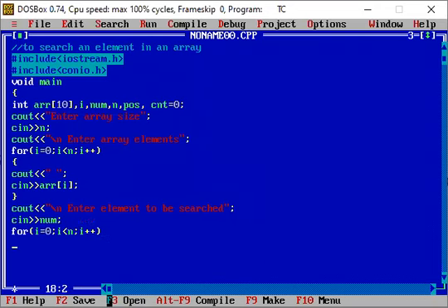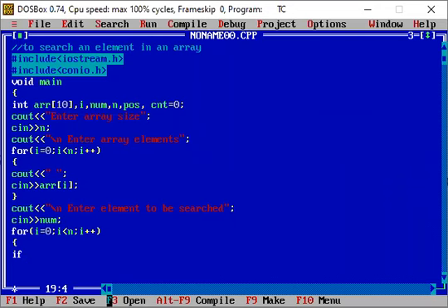So what I will do is again use that if. Now I need to compare that value. For searching, what I require is to compare that particular value with whatever elements I am having in my array. So the value of that num variable is matched with all the elements that are available in the array.